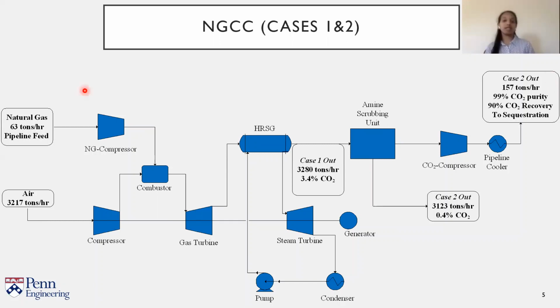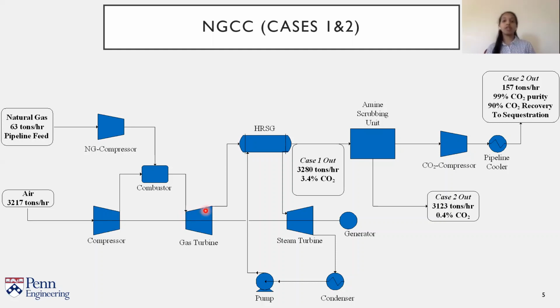This is the process flow diagram for case 1 and case 2 of the NGCC. In both cases, ambient air is compressed and natural gas, which we assume to be 100% methane, is taken at pipeline conditions and also compressed to the same pressure as the compressed air. The compressed air and natural gas are then combusted at constant pressure in the combustion chamber, where we assumed 100% conversion of methane. The gas from the combustion chamber, which is a combination of inert nitrogen, excess oxygen, and the combustion products, carbon dioxide and water, is received by the gas turbine and expanded to produce power that runs the